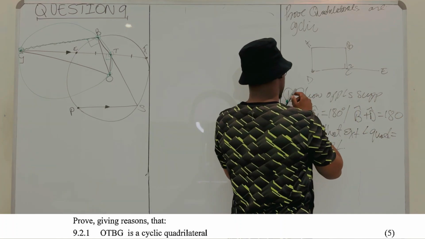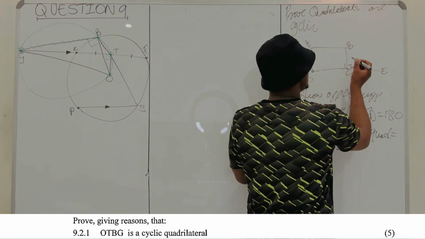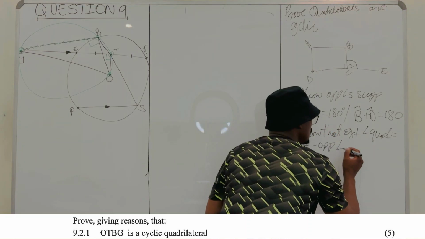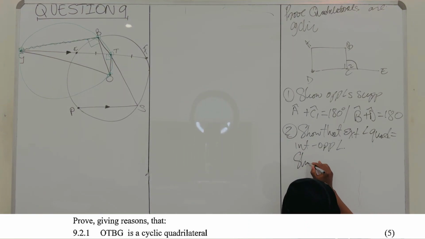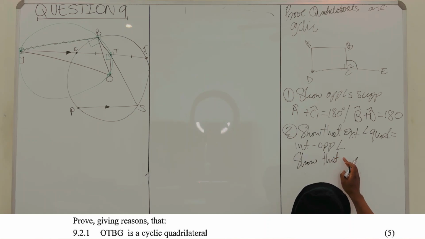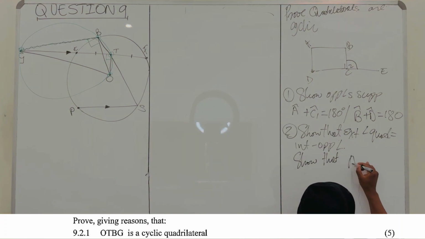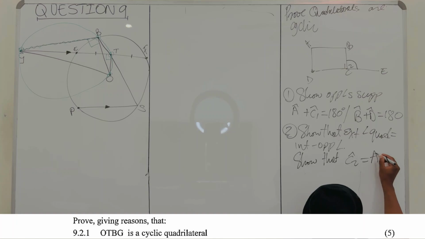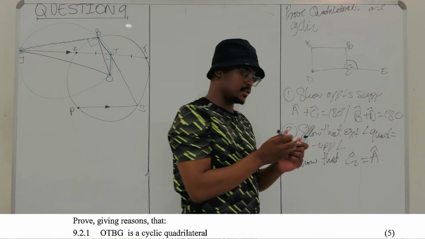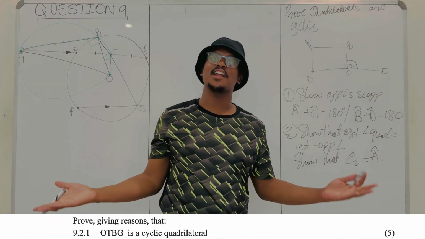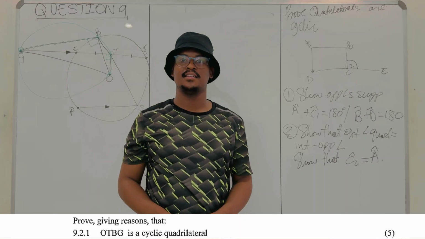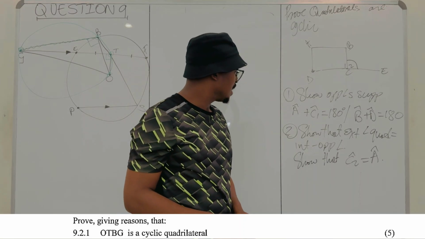So, our exterior angle is C2, this angle over here. So, if you can show that exterior angle C2 is equal to angle A, we have shown that this thing is cyclic, which is, there exists a circle that can connect all the points. No problem. A third way